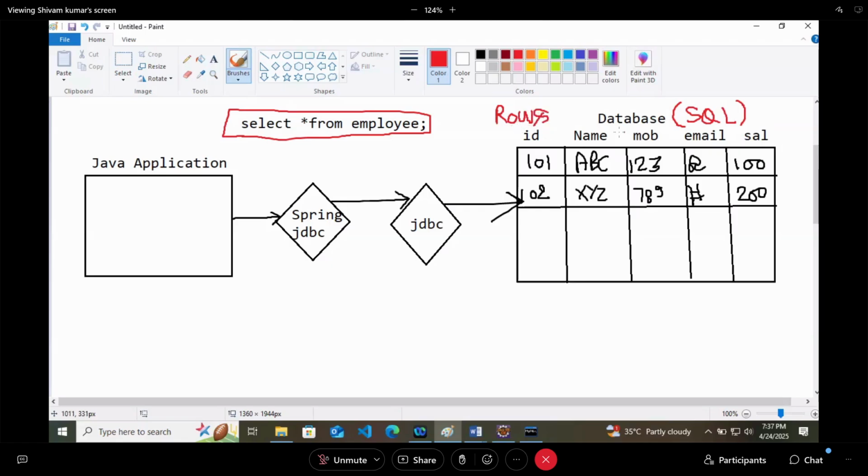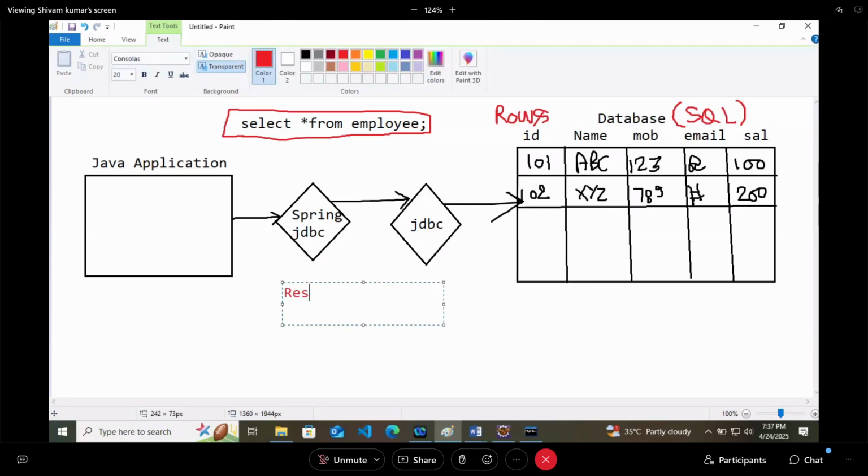Now if this database returned a class, object, method, or interface, we could manage that, because class is there in Java, object is there in Java. But it is returning rows. In JDBC, we found a shortcut for it. The shortcut was ResultSet. But now we are not using ResultSet, and it was quite hectic. So now how will the database return the values?